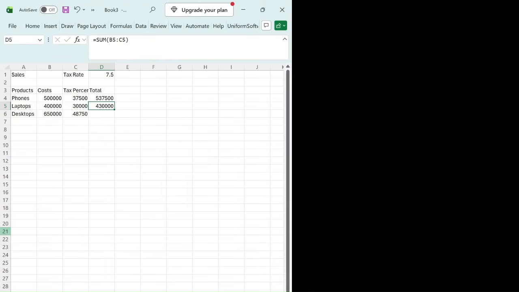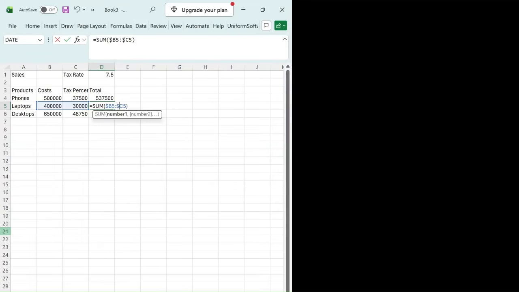We're going to do what they call a partial reference, not an absolute reference now, but a partial reference. So we're going to edit here. In front of the B we're going to put a dollar sign, because we only want the